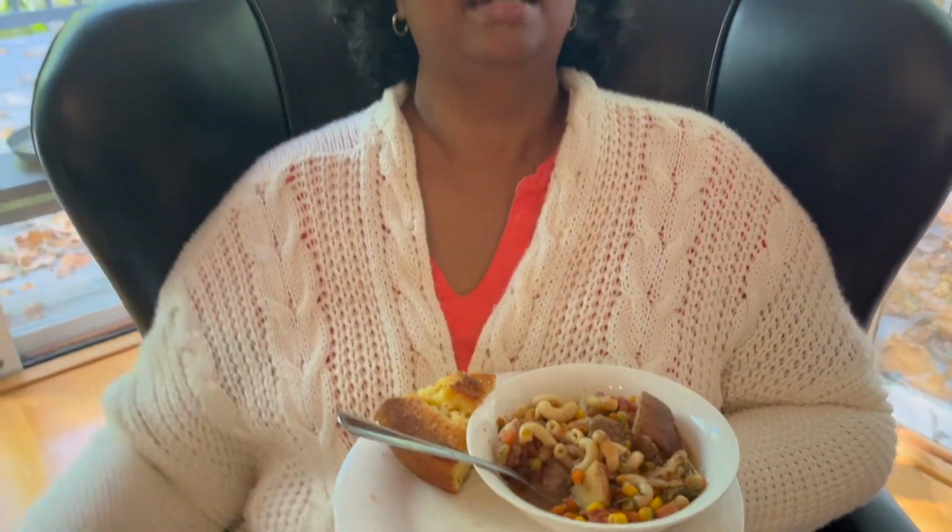My beef stew is done, my cornbread is done, and I have tasted a little bit, but now I'm going to have me a nice bowl in my surroundings. So I'm going to sit back, enjoy my beef stew. Let me get it for you. And I'm going to let you take a look around in the living room and the foyer to see what I did. And stay tuned for part